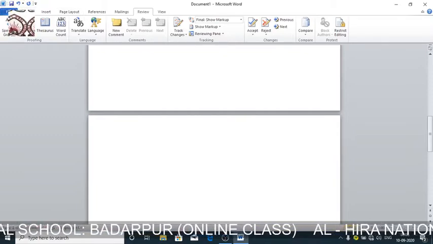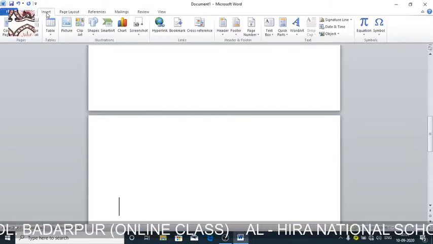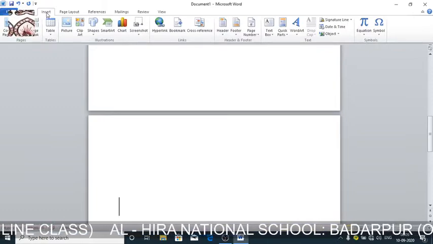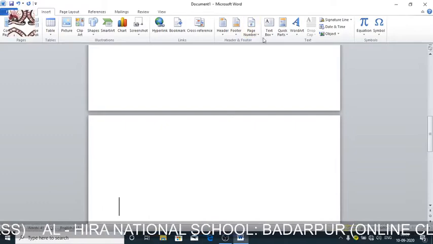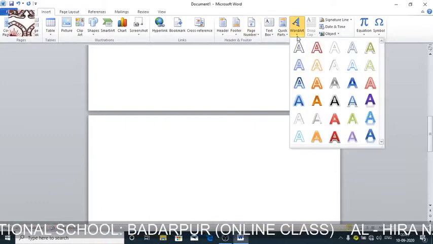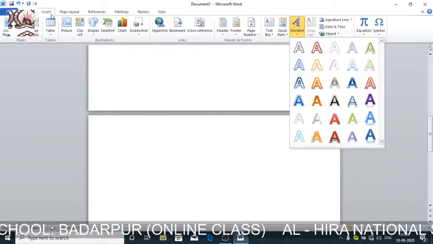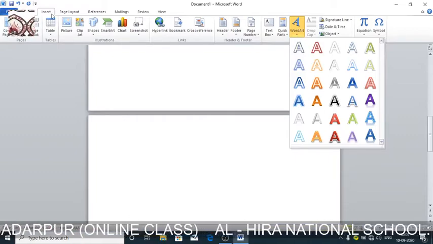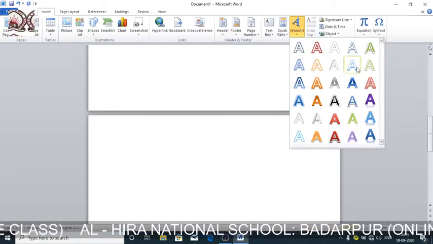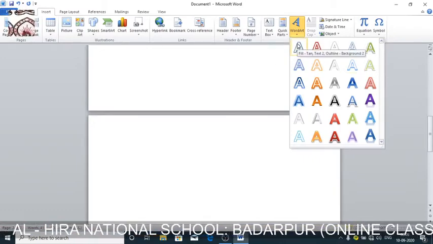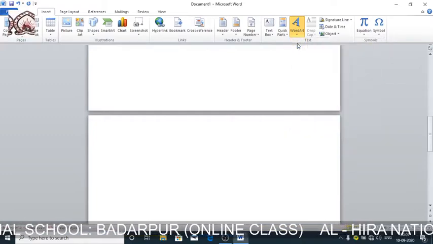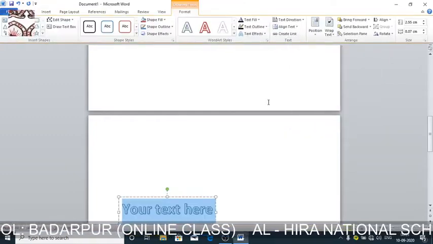Actually, in your book it is written there. If you click on insert and then picture, word art is there, and here you can see word art is there. So I am selecting word art. Click the insert menu, and move to the option picture. A sub menu will appear. Select the word art option. Now click word art button and the drawing gallery. Now you can see.